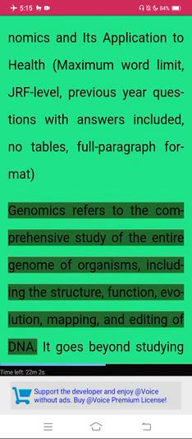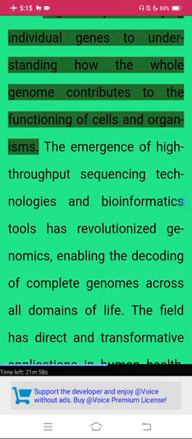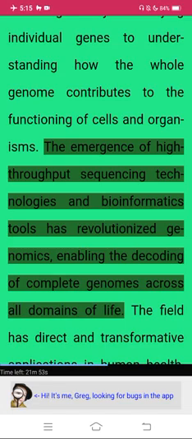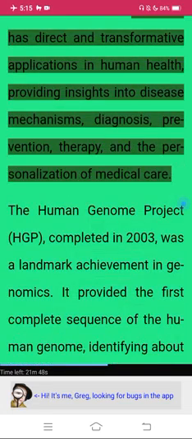Genomics refers to the comprehensive study of the entire genome of organisms, including the structure, function, evolution, mapping, and editing of DNA. It goes beyond studying individual genes to understanding how the whole genome contributes to the functioning of cells and organisms. The emergence of high-throughput sequencing technologies and bioinformatics tools has revolutionized genomics, enabling the decoding of complete genomes across all domains of life. The field has direct and transformative applications in human health, providing insights into disease mechanisms, diagnosis, prevention, therapy, and the